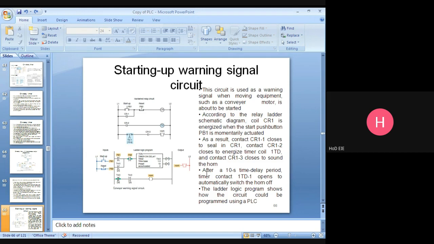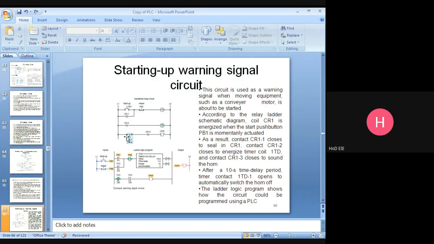Pasupati? No, sir. Yeah. You press the PP1, the start push button. Okay, PP2 is closed. This relay will be energized. Once this relay is energized, this address is CR. Here CR1, CR2, CR3: three things will be energized. So this one will be closed, this one will be closed, this one will be closed.